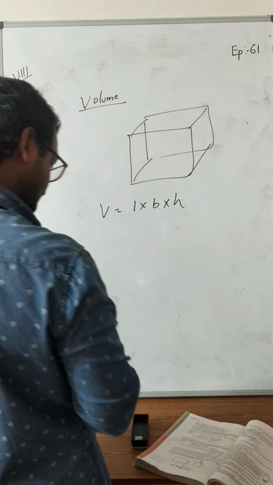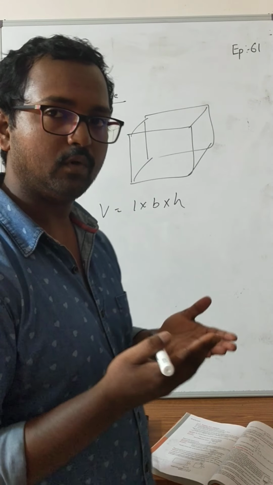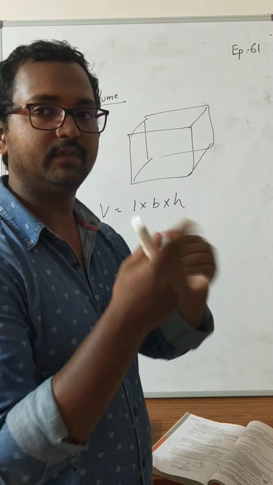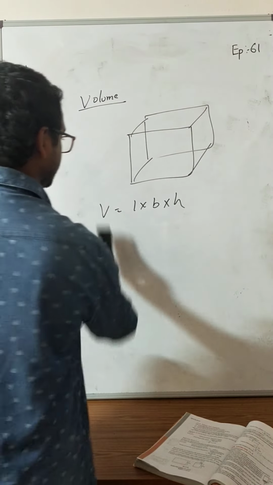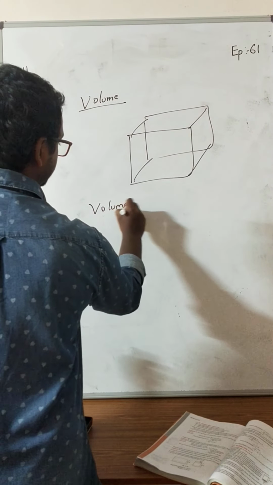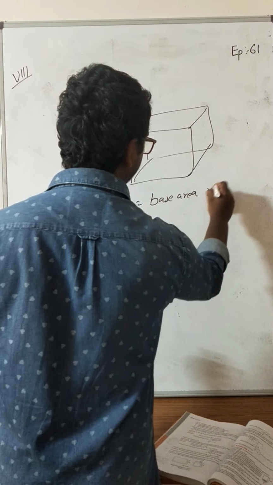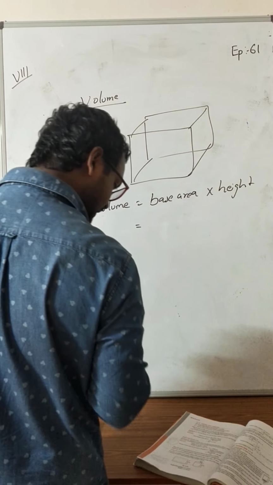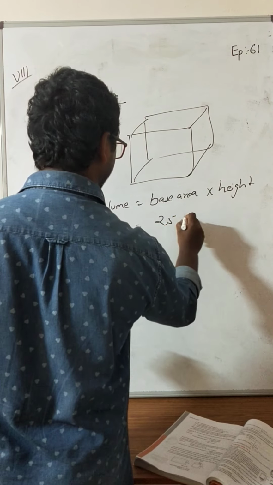So the one clue is base area is given. I already told you, whenever you have to find the volume, you have to find the base area and multiply it with height. So instead of using this formula, what we are going to use here is volume is equal to base area into height. So how much is base area? It's given, base area is 25 centimeter square. So 25 into height,